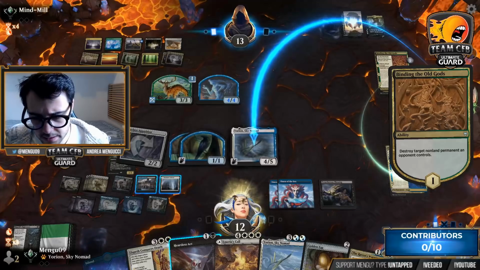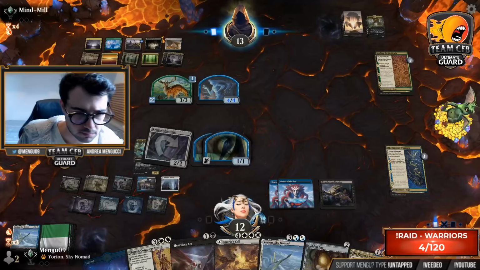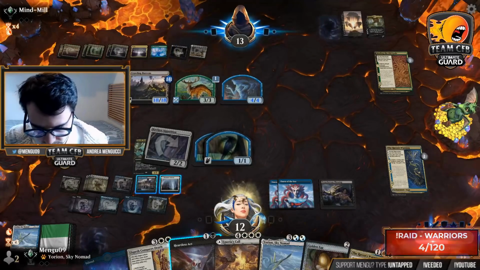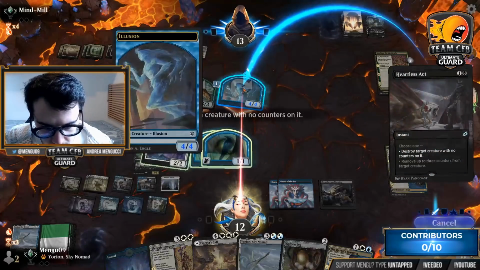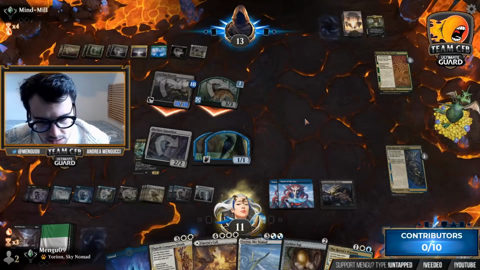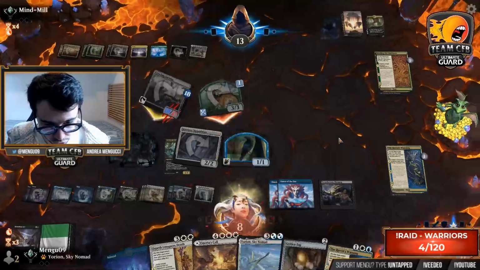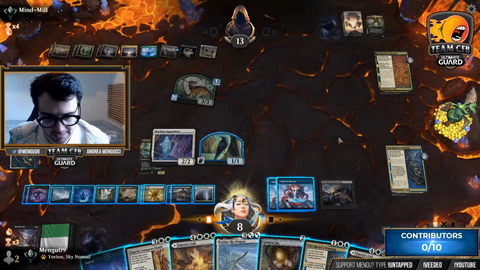My bird has hit the ground. Yeah, I have to Heartless Act the token, the only target available. And then I'll chump block the Crawling Barons, and I'll take 3. I'm on 8 life. Draw. Birds! Alright. Let's begin by